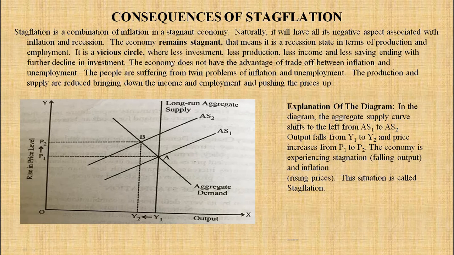It goes to the recession. It is a vicious cycle, or it is a vicious circle. Less investment, less production, less income, less saving, less investment. All these points are there, right? So this is what you have to write about it. Students, giving diagram is must. You have to give the diagrams in a very careful way.